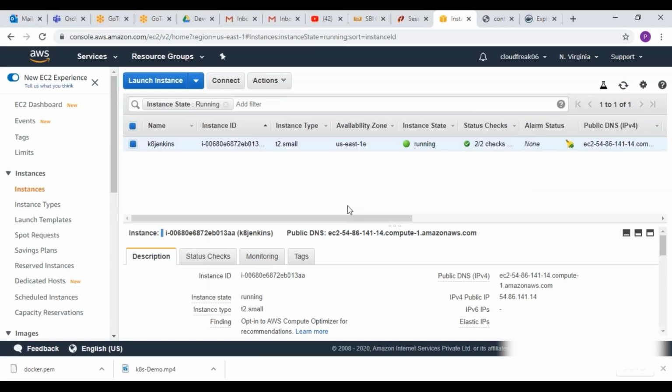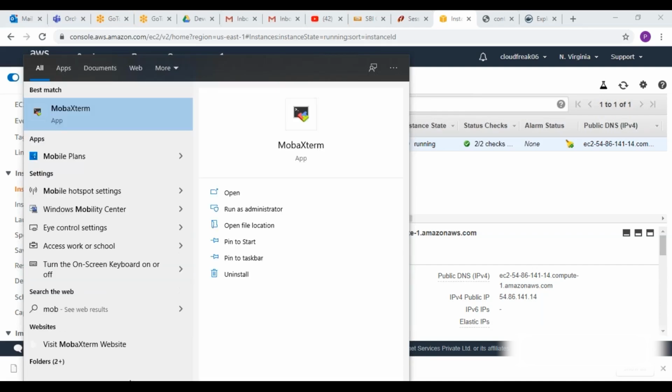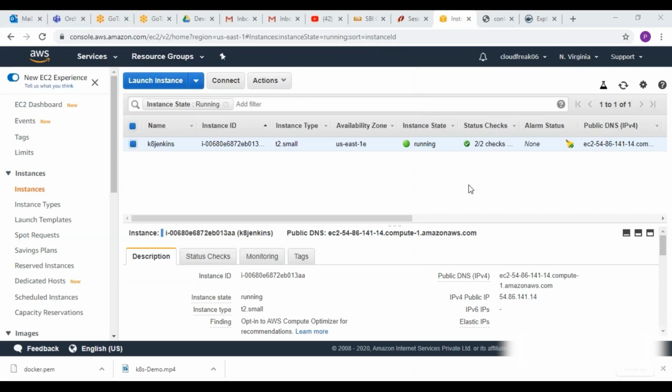You need to use the MobaXterm tool to connect to Linux machines. Those who are new to Linux should get good at Linux, because if you want to become a DevOps engineer, or work in machine learning or Hadoop, Linux is compulsory nowadays. So try to learn Linux if you don't have knowledge of it. We are going to use the MobaXterm tool. Previously we used PuTTY, but MobaXterm has a lot of features, so we can use it to connect to the Linux machine.